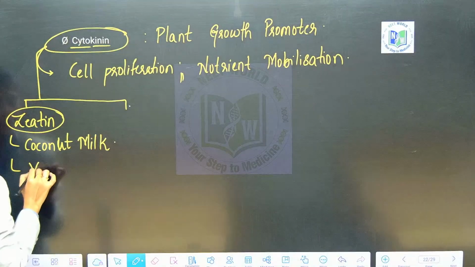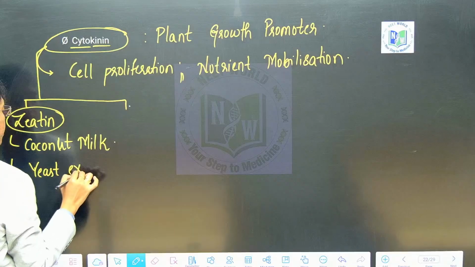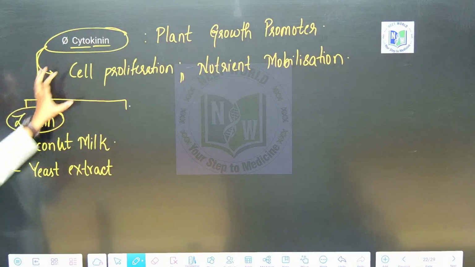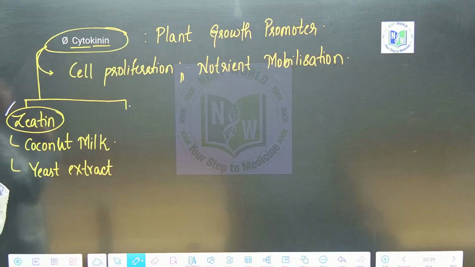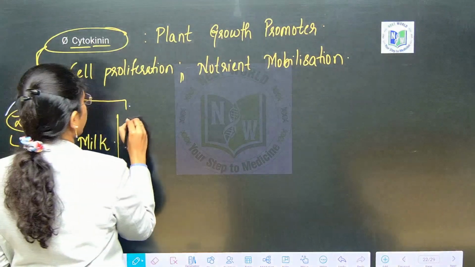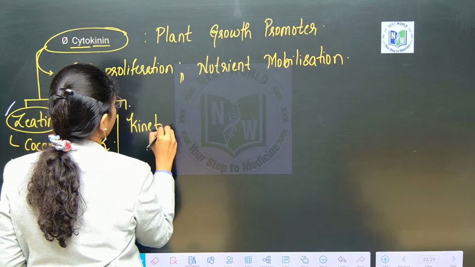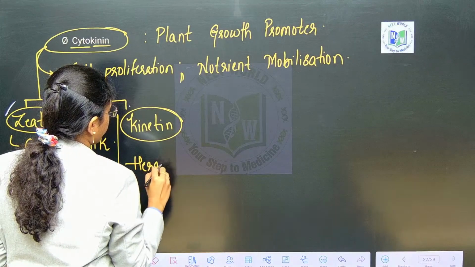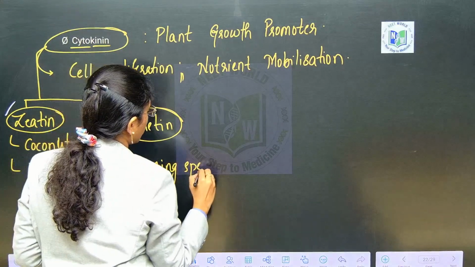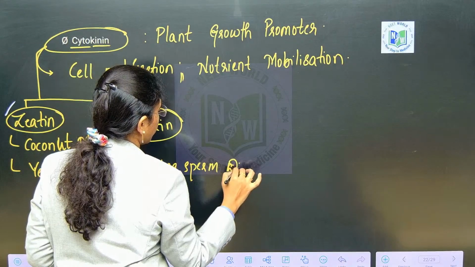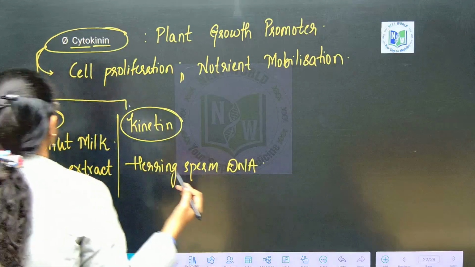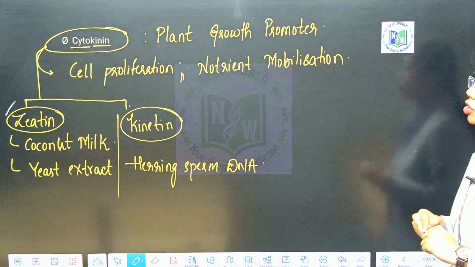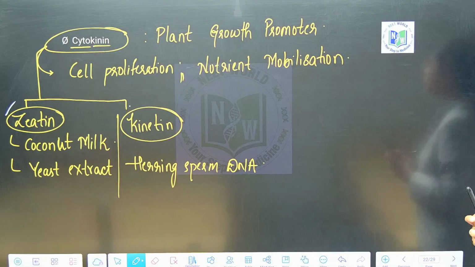yeast extract. Fine, right, from coconut milk, yeast extract, the cytokinin constituents can be extracted, and the natural form of cytokinin is zeatin. Artificial form of cytokinin is kinetin, which is extracted from herring sperm's DNA. Fine, right? Clear? Zeatin and kinetin. Any doubts anywhere? Zeatin and kinetin, both natural and artificial forms of cytokinin, and the main activity is cell proliferation